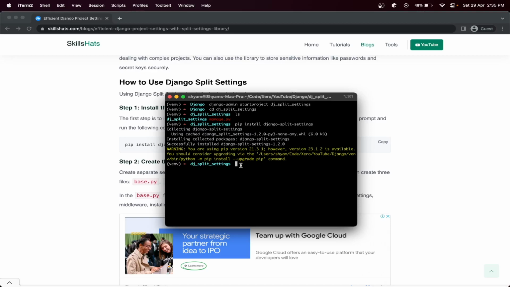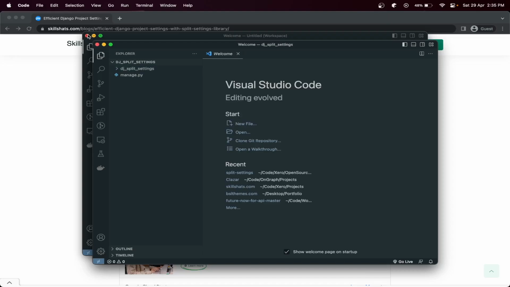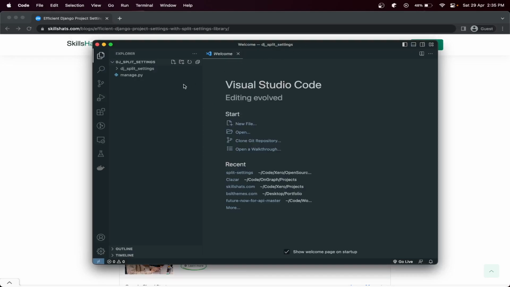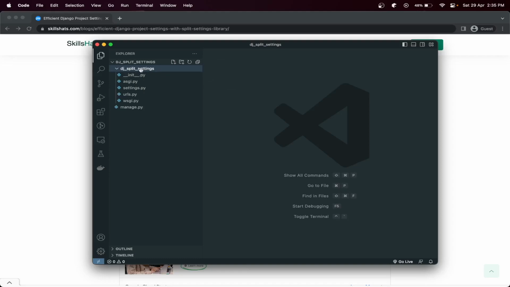Now let's open this project in our code editor. Okay, so this is our Django project, right? So now what we will do, first let's create one folder in our project. Let's call it the settings folder, and in this folder we will create three basic files. First one, the base one,